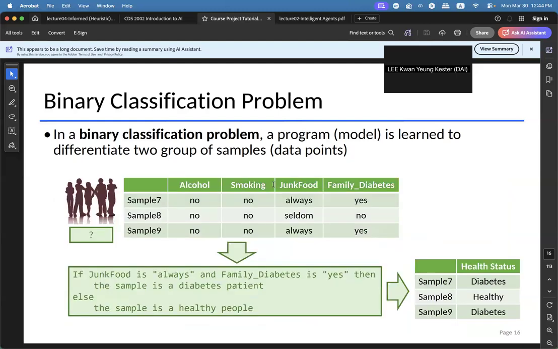And after you build this program, you may ask, Professor, why do we want to build this program? The reason is that if we now have some other new data points and we don't know their health status, whether they are diabetes patients or healthy people, we can use the same program to differentiate them into the diabetes patient group and the healthy people group.